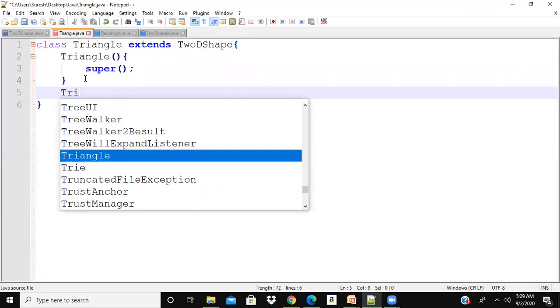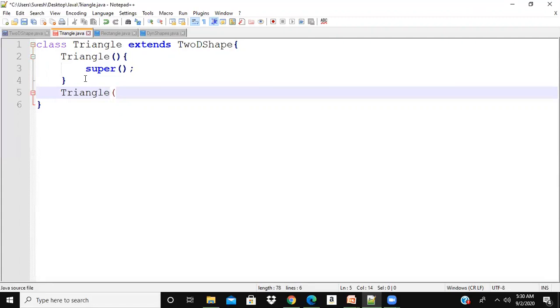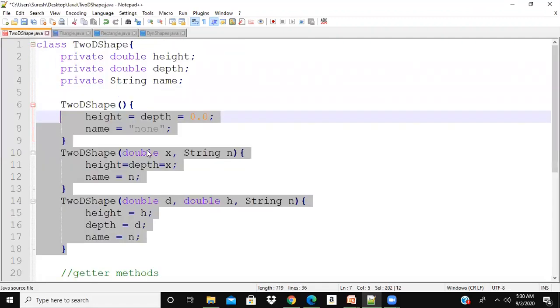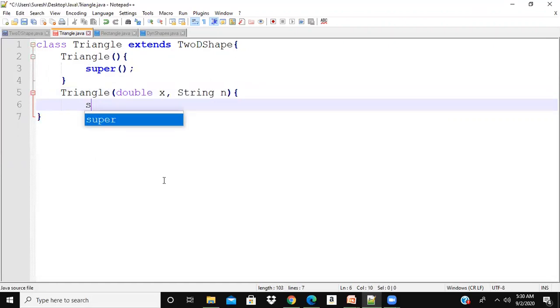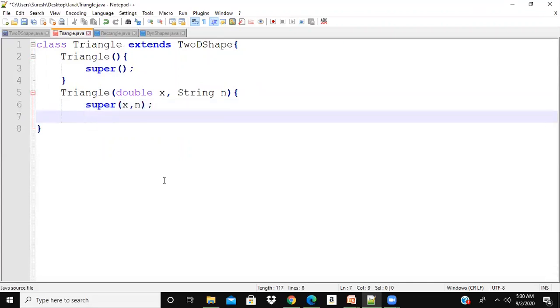The next one is triangle. Okay, so let us override this particular one, double x, String n. Just call super x comma n. Close.